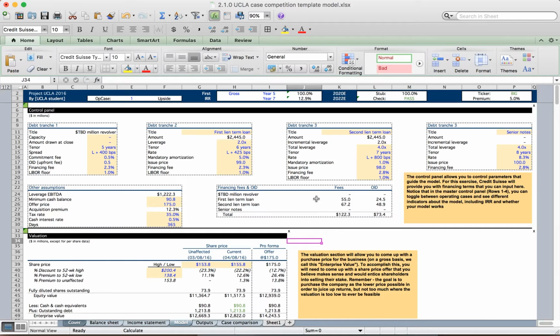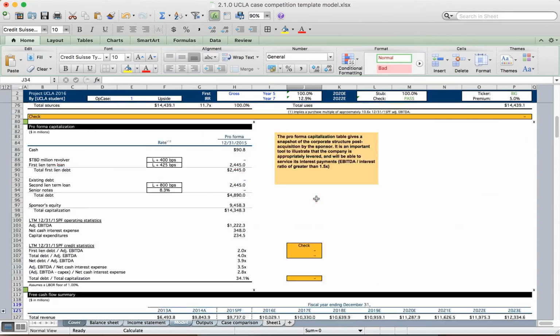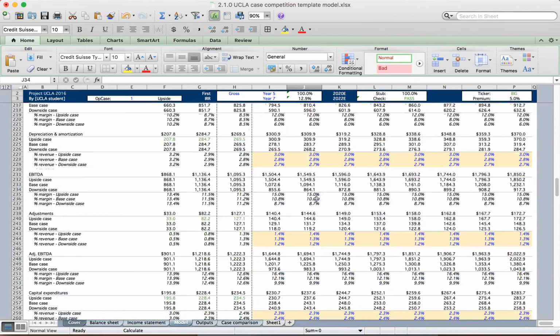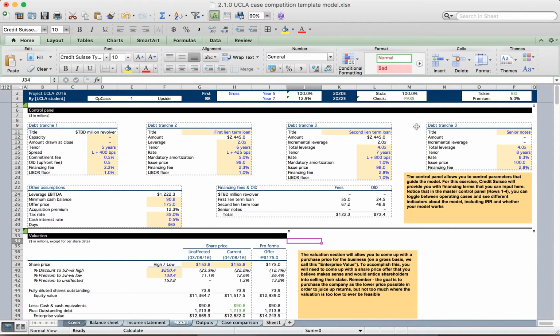So in the past video installment, we went over the cover tab and the balance sheet and the income statement. And those are pretty much just copying over line items from the 10K of whichever company that we're modeling in order to get a base from which we can build off of in these next two video installments. As you can see, the model tab here is pretty comprehensive, so we're going to go through it step by step. And again, this is not meant to be a guide or a walkthrough in terms of how your model should look exactly. However, this is meant to be a more user-friendly version of the written instructions that Julian's